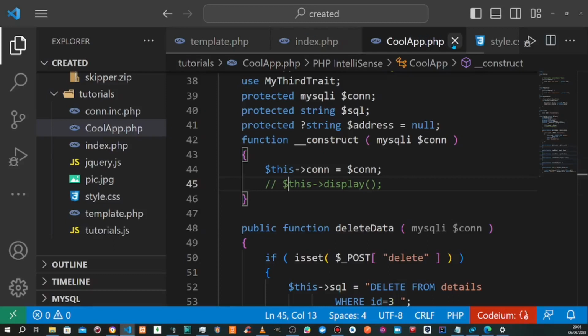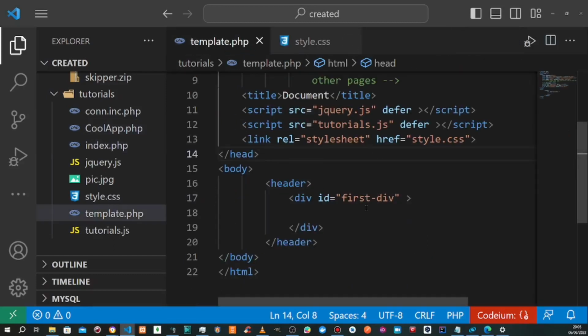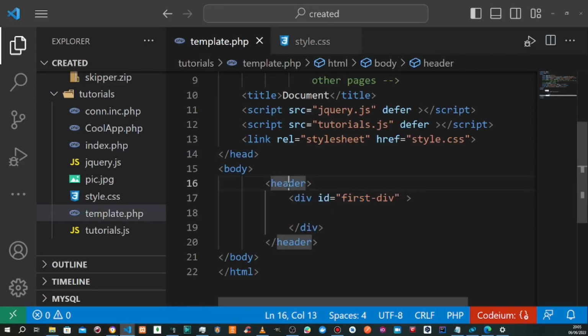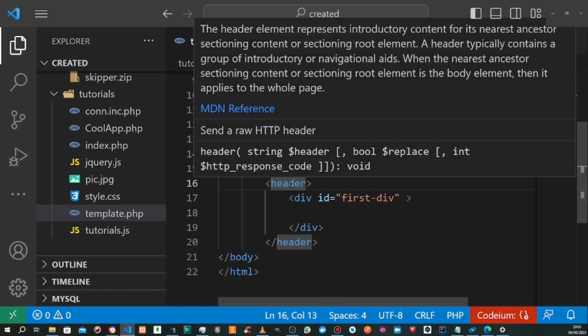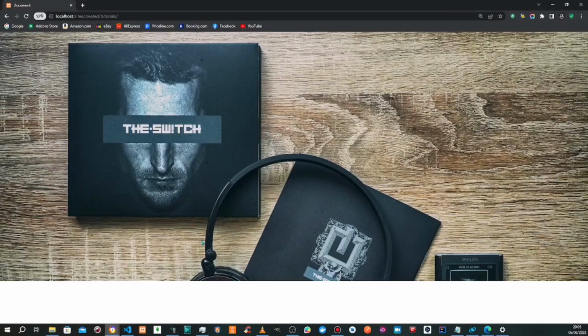So I just have to close this. Then I have to close this. Then I'm working with my template. So this is my header section. I'm using the header tag. Then I've achieved this. So we have to be quick about this. And this is the first thing the user sees when they come here. So the next thing I'll have to do is